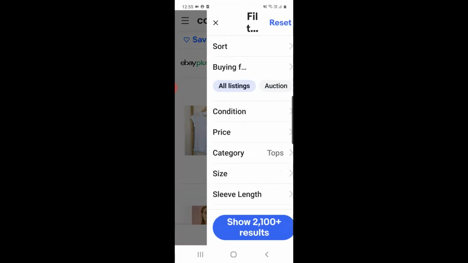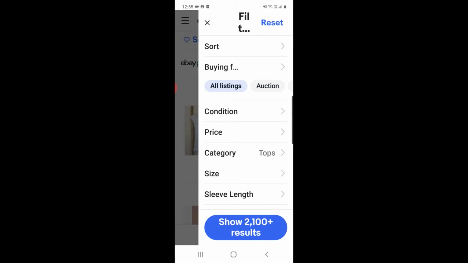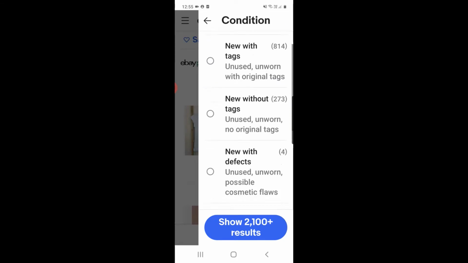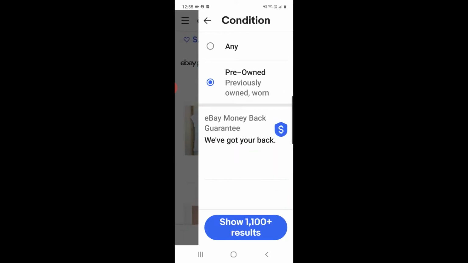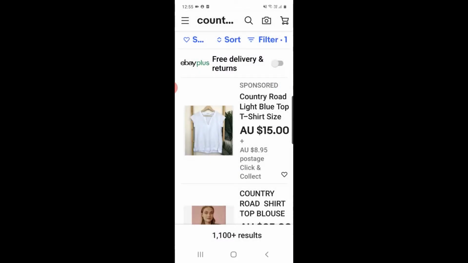Okay, go to the filter and make sure it's on pre-owned. So where is that? Condition. So click on condition and we go to pre-owned. So we can see there's 1,106 of those currently listed. So we click show results, go to the sort in the middle,